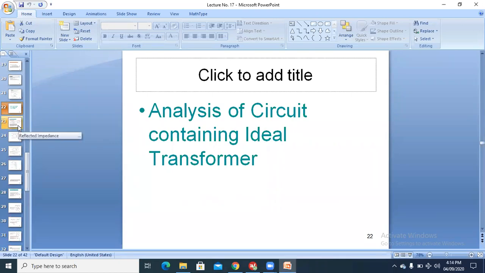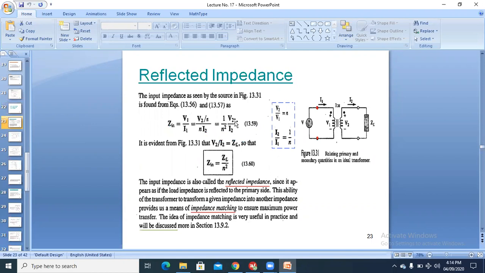One of which is that we calculate the reflected impedance on either side of the network. Either we calculate the reflecting impedance of the secondary circuit at the primary side or vice versa to calculate the